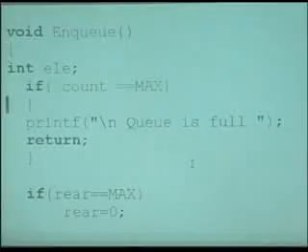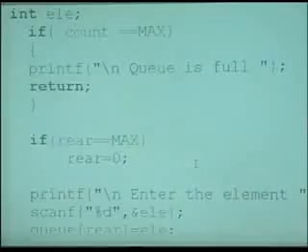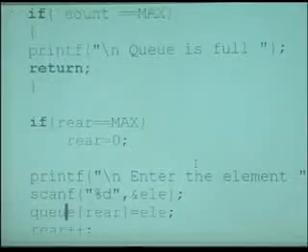Now this is the NQ function. Here we are looking at whether Q is saturated; if Q is saturated, we cannot insert an element. But there is a possibility that rear is pointing to max, but still there are a few elements which are empty at the front side. Then we make rear equal to 0 and allow the elements to be inserted. Okay.